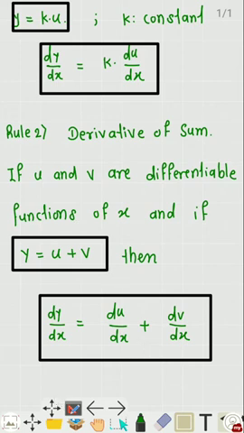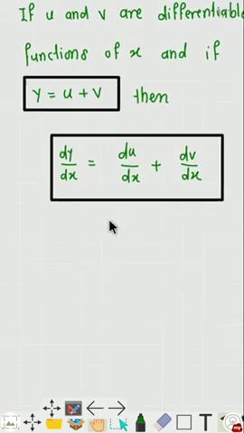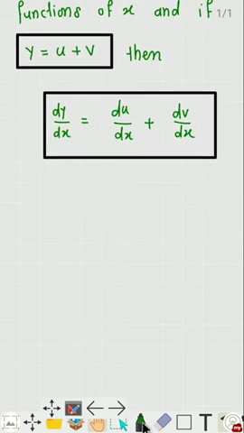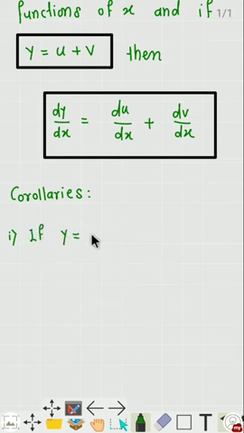Okay, now based on this rule we have a corollary. So our main rule is here. So our corollaries, there are many corollaries. So many means there are two corollaries. First is, if y is equal to u minus v, then